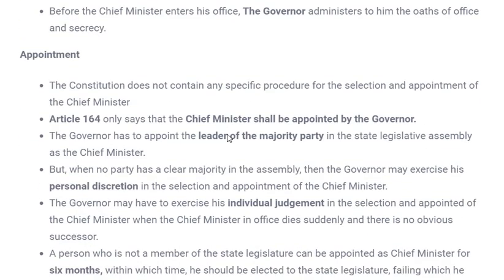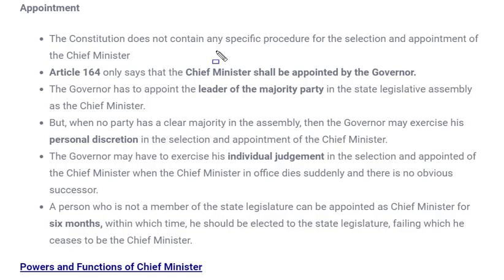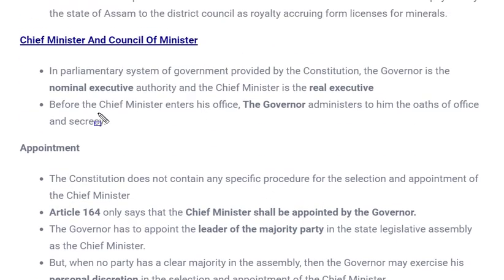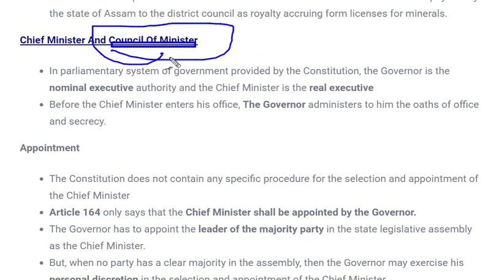So let's see how a chief minister is appointed. The constitution does not provide any specific procedure for selection or appointment. As I said, there is no special provision in the constitution that there should be a minimum qualification or anything to appoint the chief minister. Actually, chief minister or prime minister, they are just one of the council of ministers. Here we have seen the council of ministers, so the chief minister is also one of the council of ministers, out of which he is elected as chief minister, as in the case of the prime minister.